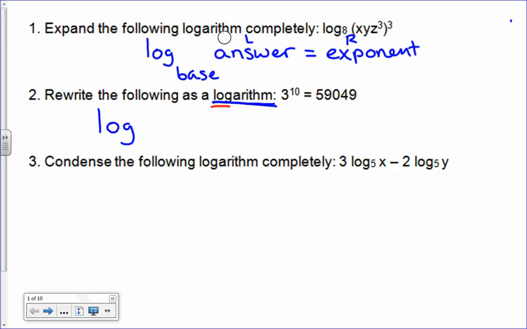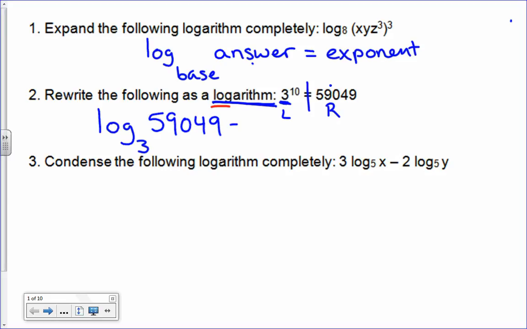Now in this case, we have the exponent. So the number that has the exponent attached to it, which in this case is 3, is your base. So your base goes down here at the bottom of your g. And that 3 was on the left. We then want to go to the right side of the equal sign, where the answer is. So we're going to write 59,049 in the answer location. So log base 3 of